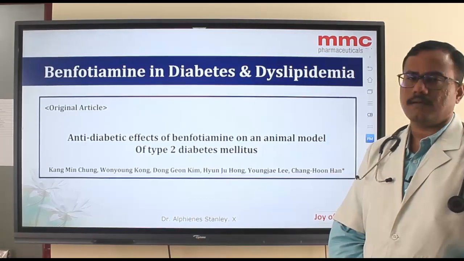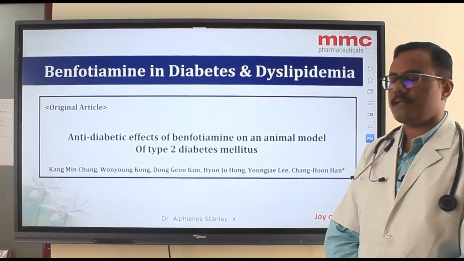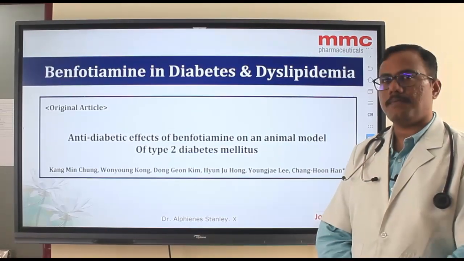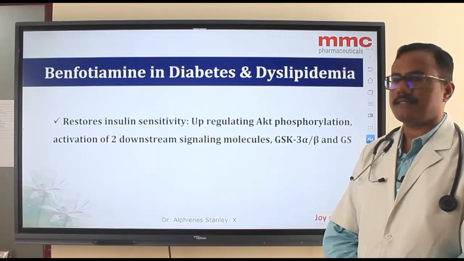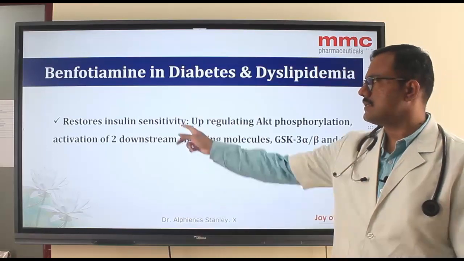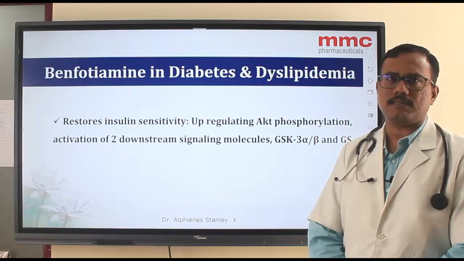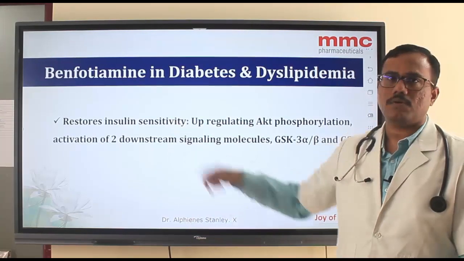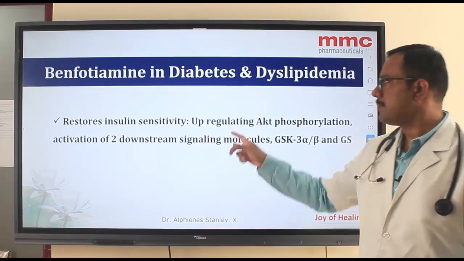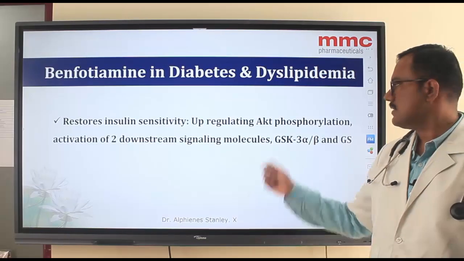There is a study which was done in an animal model of type 2 diabetes mellitus where they were assessing the anti-diabetic effects of benfotiamine. They found that benfotiamine is helpful by restoring the insulin sensitivity, which is the major risk factor. The insulin resistance is a major risk factor for dyslipidemia. So that has been restored by the benfotiamine by upregulating the AKT phosphorylation and two downstream molecules, that is GSK